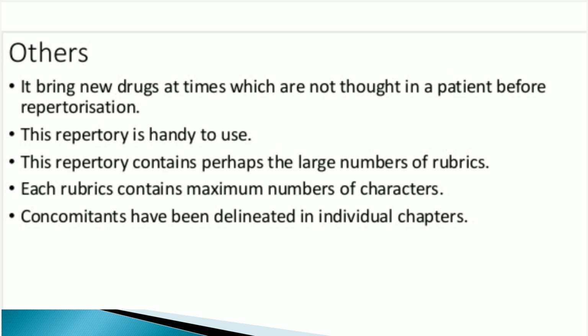It is useful for any type of case because this repertory contains mental general, physical general and characteristic particular symptoms related to all body parts. Then each rubric contains maximum number of characters. Concomitants, which we found in the individual chapters. So in this way, this is all about